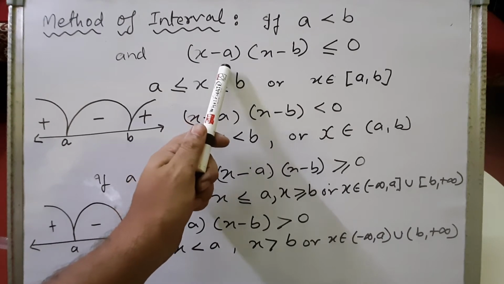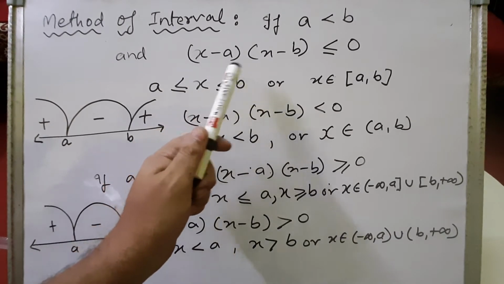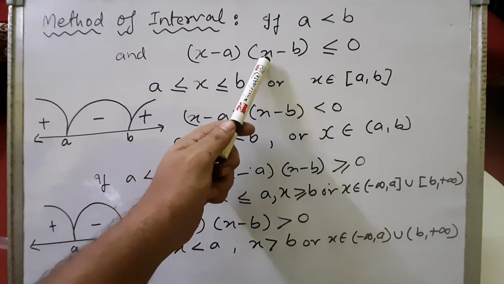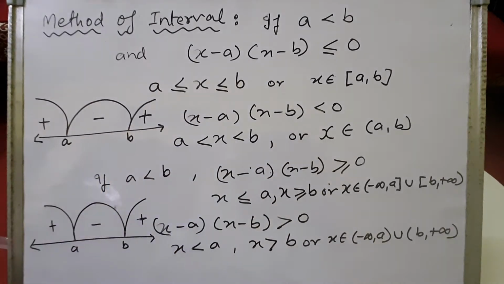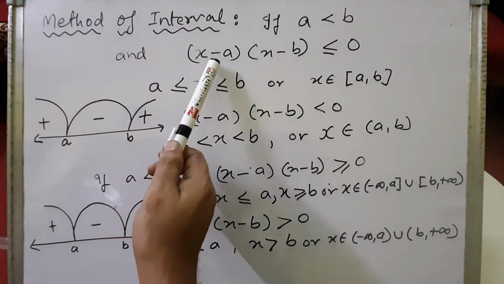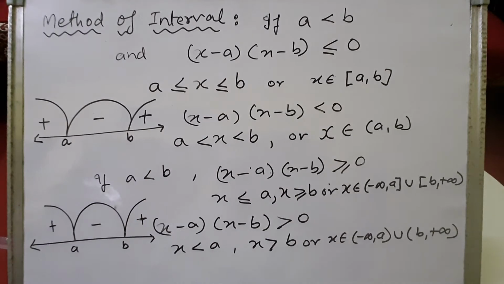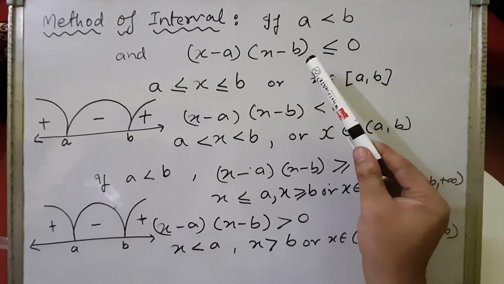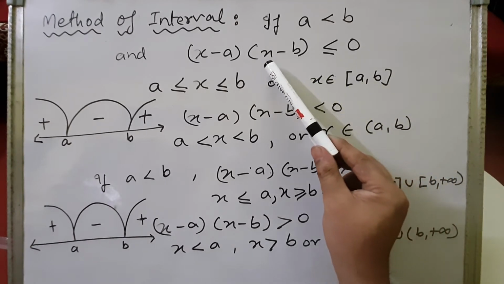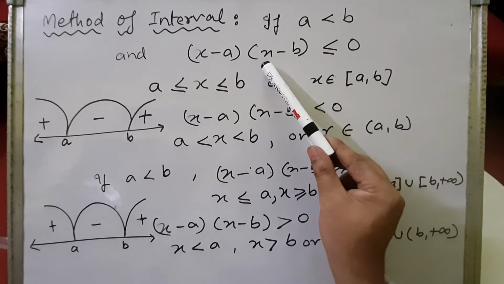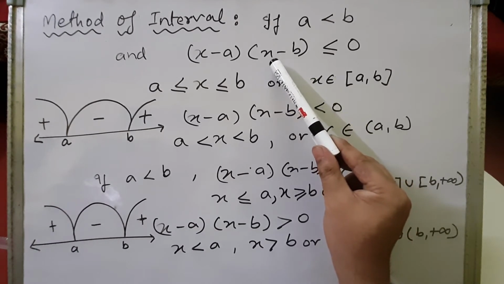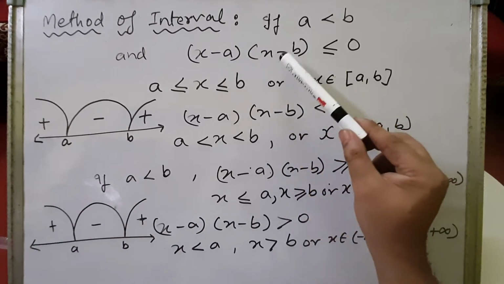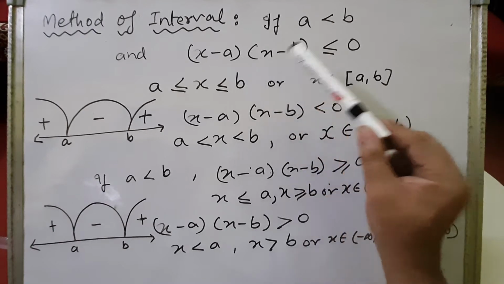Now when x becomes less than a, then since a is less than b, x is less than b as well. So in that case, this bracket will also become negative. So both brackets cannot be negative, since the product of both brackets is to be less than 0. So what could happen? There is only one condition left: x is less than b, and x is greater than a. That means this bracket must become positive and this bracket must become negative, so that the product is negative.